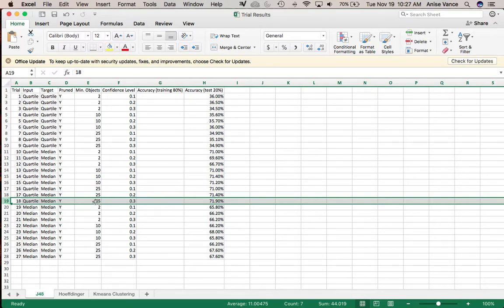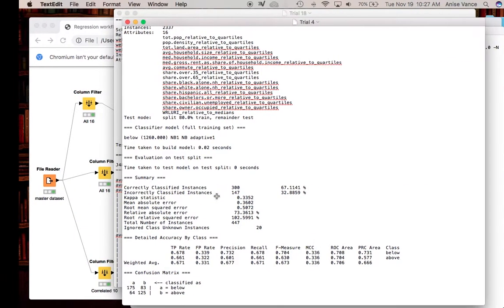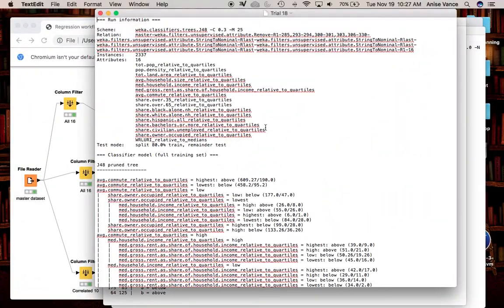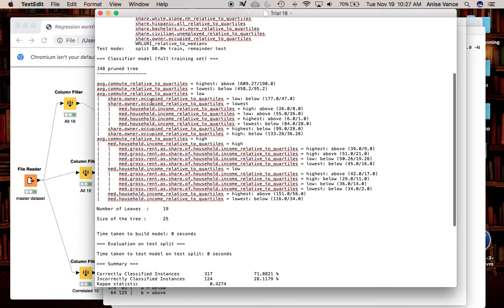So that actually I was pretty satisfied with. But it gives... Oh, excuse me. Let me go to this one. Here's that trial. And so as you can see, average commute time, share of owner-occupied units, median household income, median